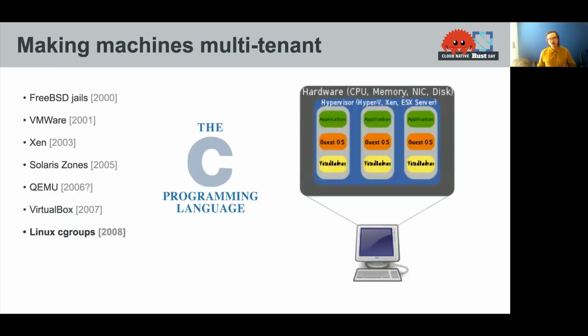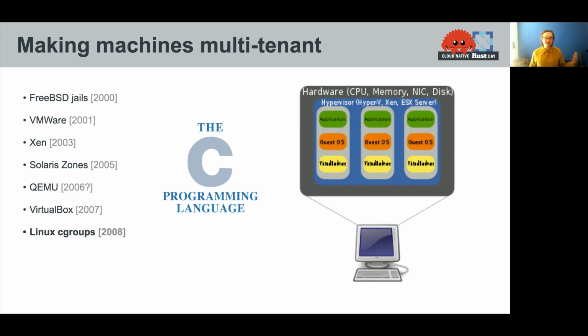Around the same time, so really throughout the early 2000s, we saw a new proliferation of virtualization technology come online. So projects like FreeBSD jails kind of on the earlier side, and then Xen and Solaris, building up to Linux cgroups, which so much of what we're talking about today is built on. Really, the job of these virtualization technologies made systems multi-tenant. So no longer do I have to have a single host with a single application, or even a single user or customer. Now I can run multiple operating systems on a single piece of hardware. And this really changed the game.